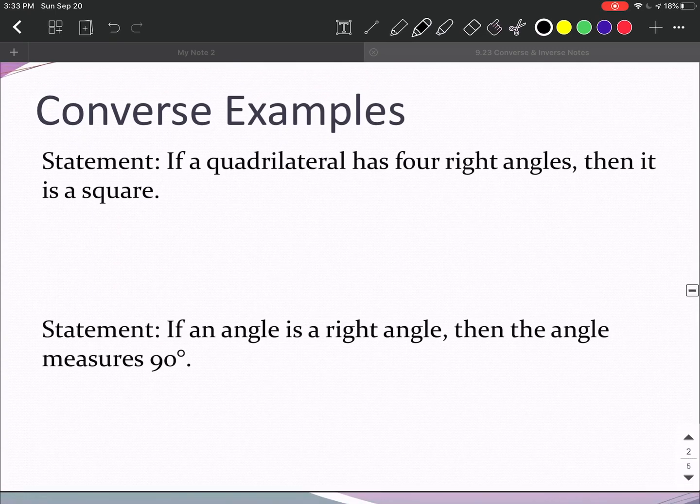So a couple more examples. So if a quadrilateral has 4 right angles, then it is a square. So we're going to start with a quadrilateral has 4 right angles will be my hypothesis. My conclusion is it is a square. So I have my P, I have my Q, and all we're going to do is flip them. So now I'll write it as if it is a square,